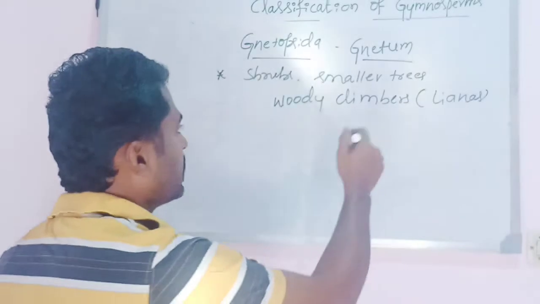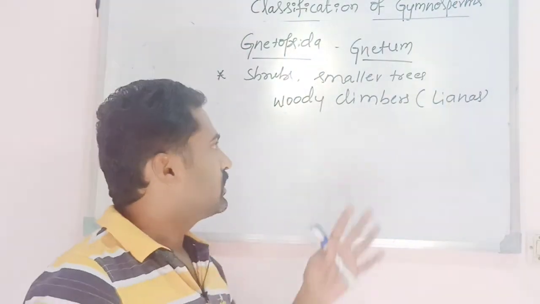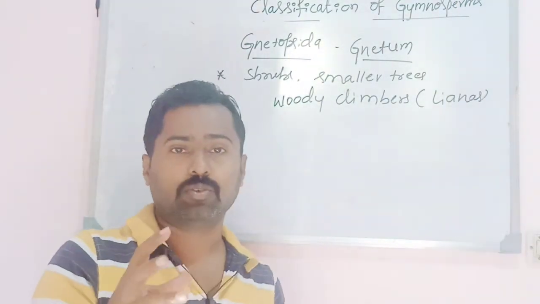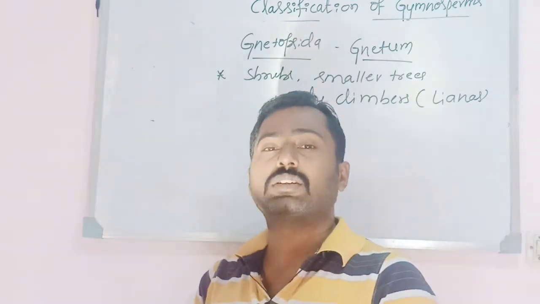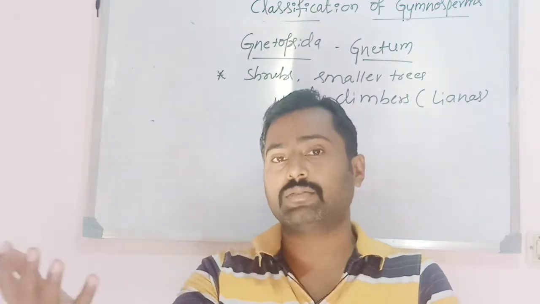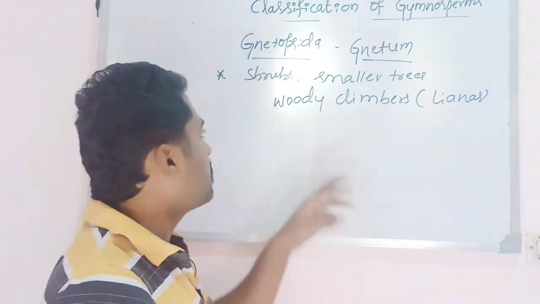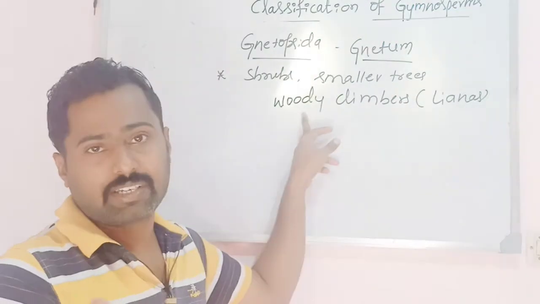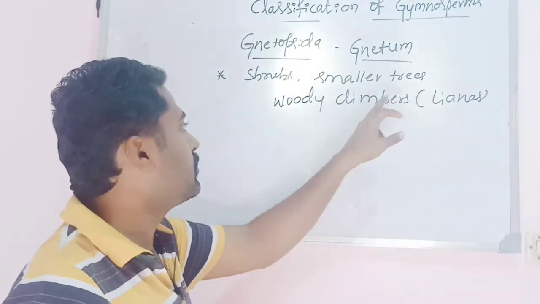Okay, so they are what are called lianas. Lianas are nothing but woody climbers. That means ಬಳ್ಳಿಗಳು in Kannada. Commonly, ಬಳ್ಳಿಗಳು means a weak stem, so they take the support of other plants, isn't it? But these plants have a hard, very woody stem. So such plants, woody climbers, are said to be lianas.